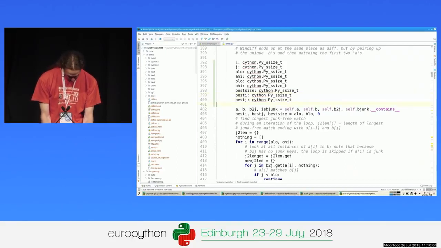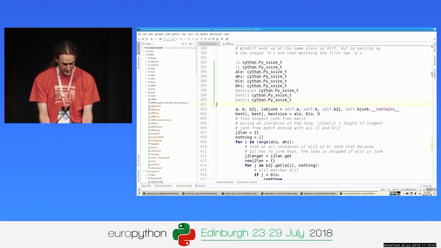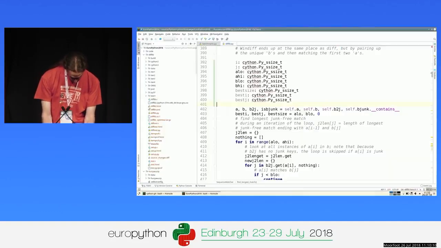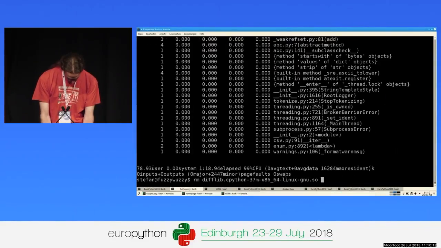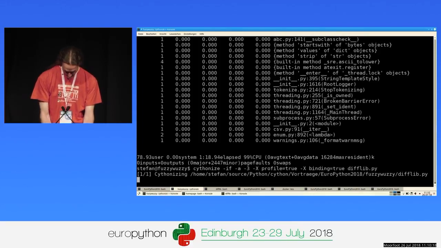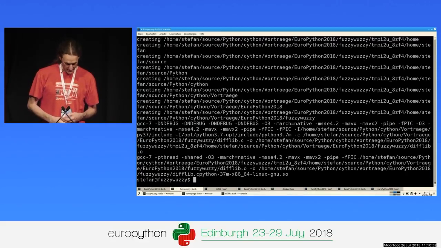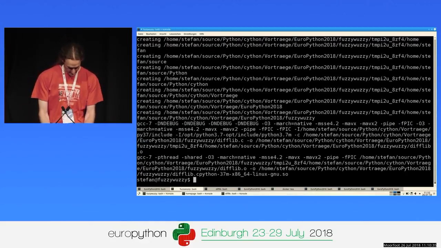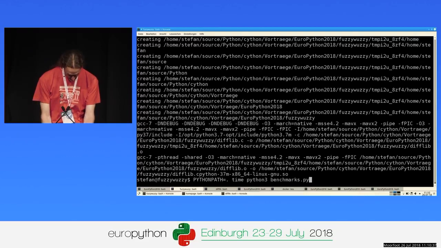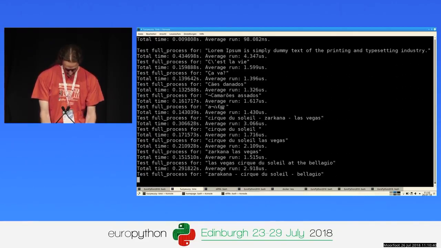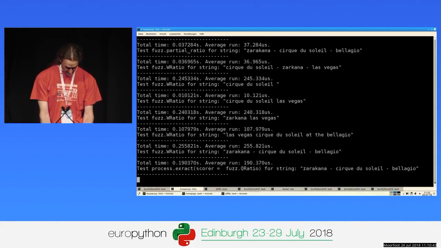Yep, I'm through with my 40 minutes. I'll just go a bit into the question time and then run this there. So I'll first compile it. I'm using Cythonize here, so compile my difflib. What it does is it just generated a C file for me. Now it's calling the C compiler. So Cythonize is a nice tool for doing all in one, right? You say Cythonize my code, Cythonize -i, so build it in place, compiles it, generates the shared library for me, and you can just import it. And now when I run my benchmark again, it's gonna take a while. It's gonna be a lot faster already.